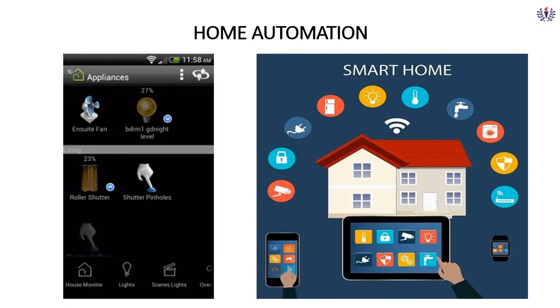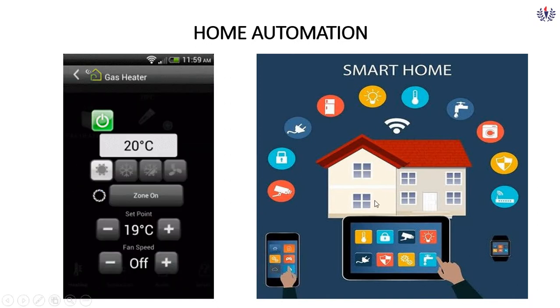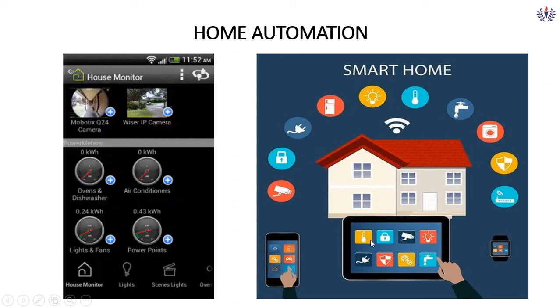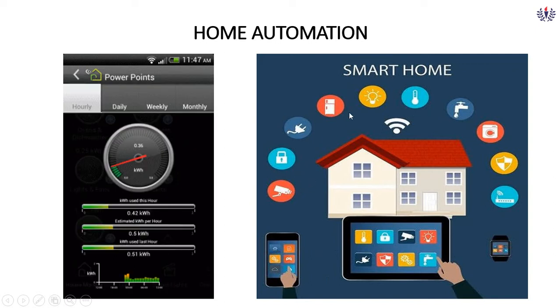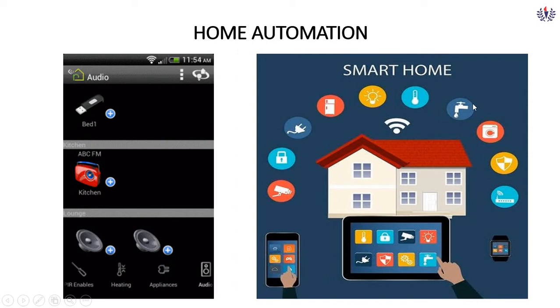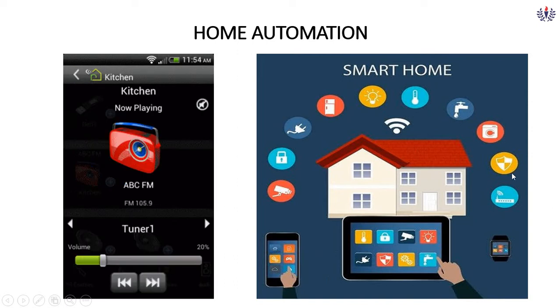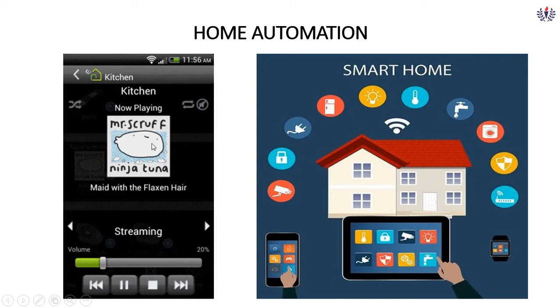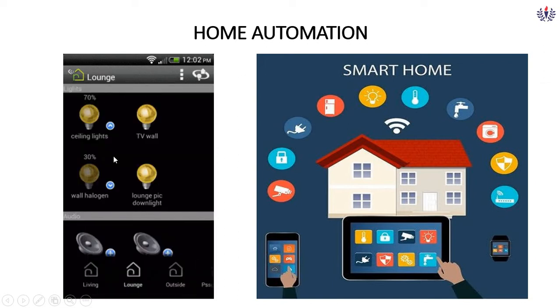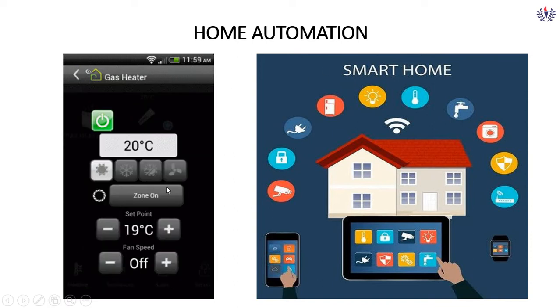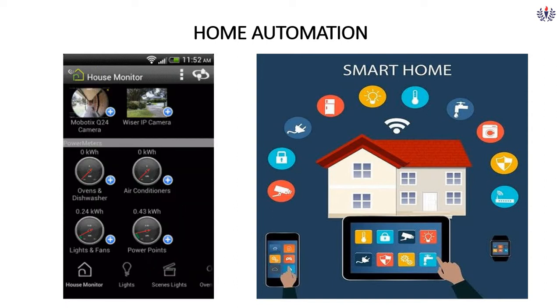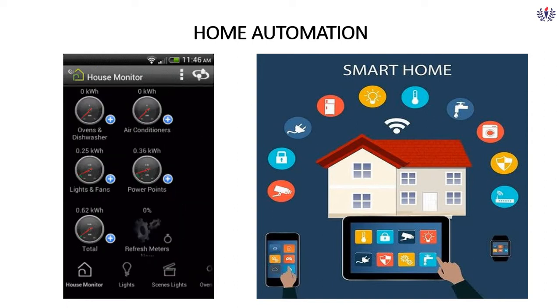I think this is the video which shows the various appliances which can be controlled through either a laptop, a mobile phone, or even through smart watches. So we can control the security system, surveillance system, electrical power, electrical appliances, lighting system, temperature, water level, washing machines, and other electronic gadgets. This is the Wiser screen of a mobile which is being controlled. It has various widgets so that we can operate remotely from wherever we are located, and we can control the system at our home.